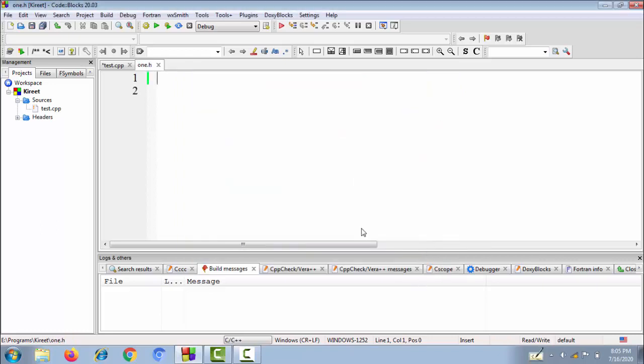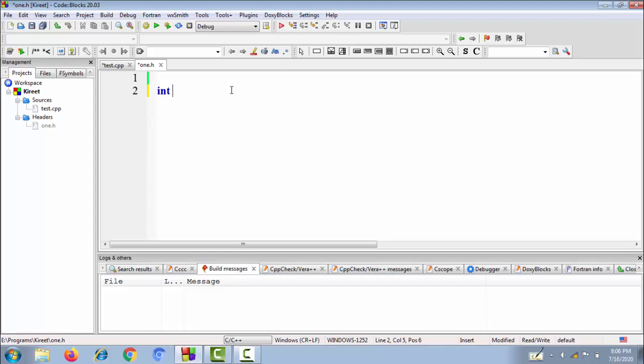Now you can see that a Headers option is there. It says that all the header files that I am creating will be inside this Headers folder. This Headers folder will contain all the necessary header files that are created by the user. My main task is to create a variable. If you haven't seen my previous lecture on the concept of how we create namespaces, please see that lecture before coming into the practical session.